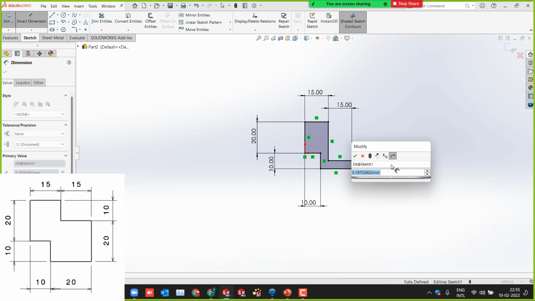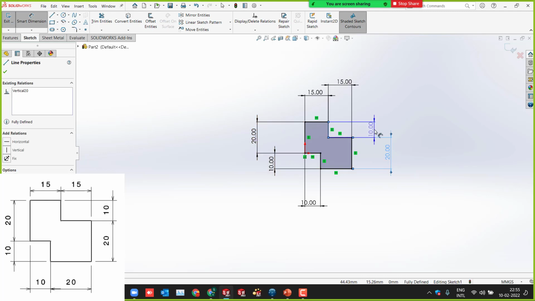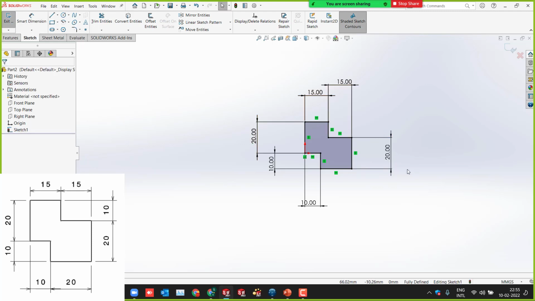This 20. Done? Again one balance here. Anyway, if it is 20 and 10, this will be the same, no? Can you see? Yes, if it is fully defined, you don't need to define any extra dimensions. Any doubts here? No.